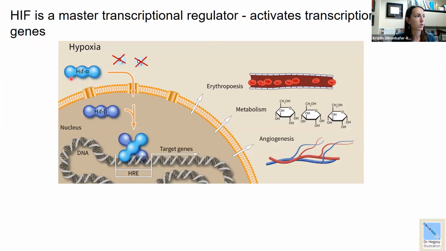This HIF protein under hypoxic conditions comes into the nucleus, binds specific regions of DNA called hypoxia responsive elements, and then leads to the transcription of a number of different target genes. Some of these genes, as we already discussed, are like EPO, and they're involved in the synthesis of red blood cells. Some of these genes are involved in metabolism, so cells actually